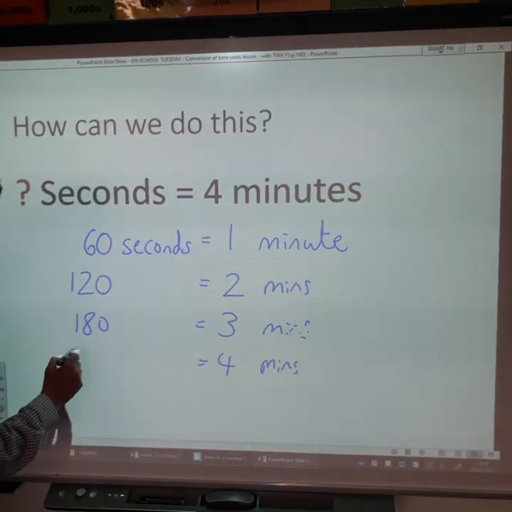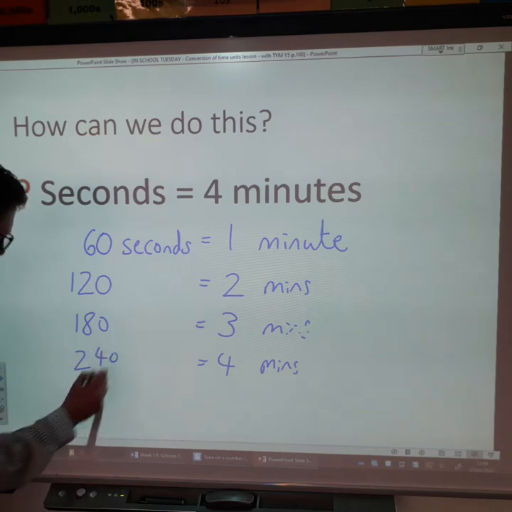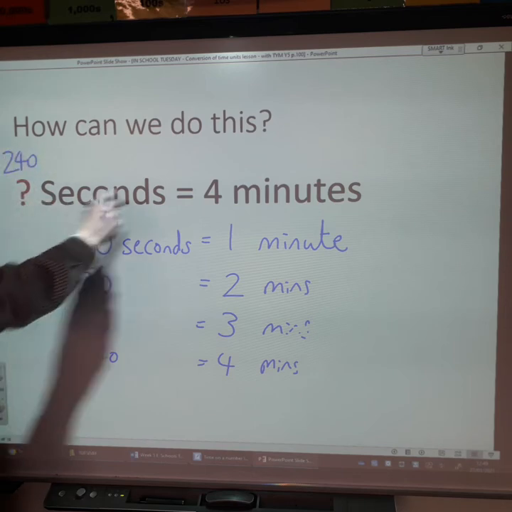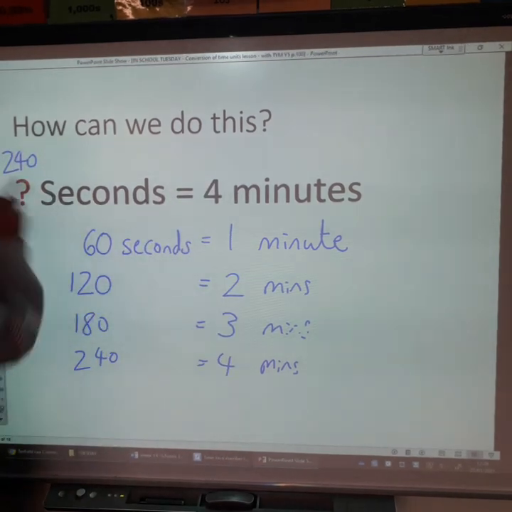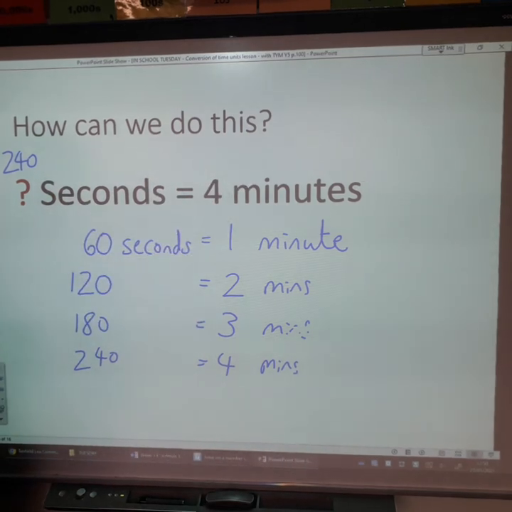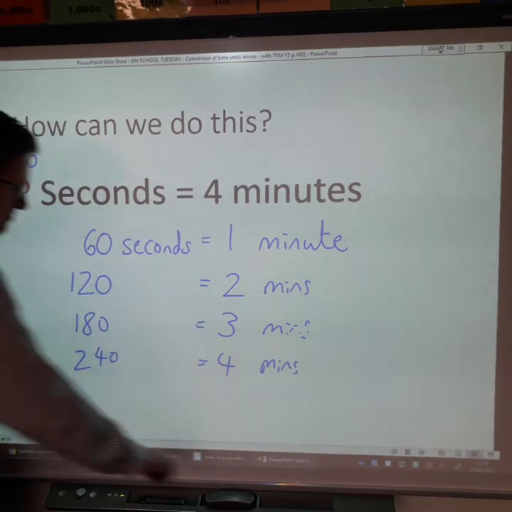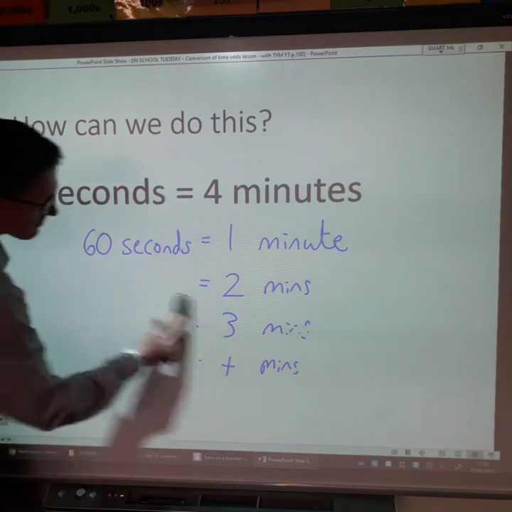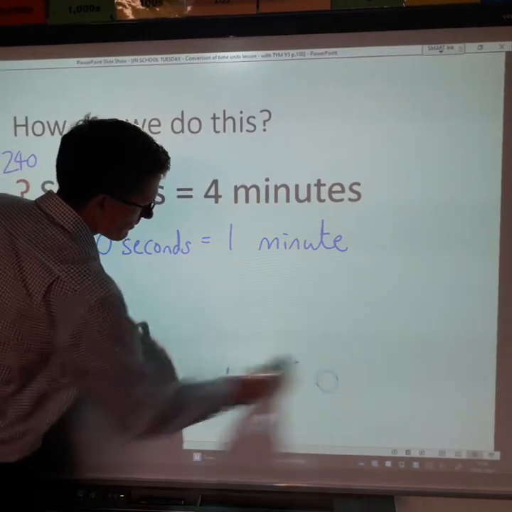would be 240, because you're counting in 60s there. So the answer would be 240 seconds equals 4 minutes. And when you're writing it out, can you write out the full thing so that teachers can find that easily? Another way you could do that is, particularly the year 6s who've done a bit of work on ratio